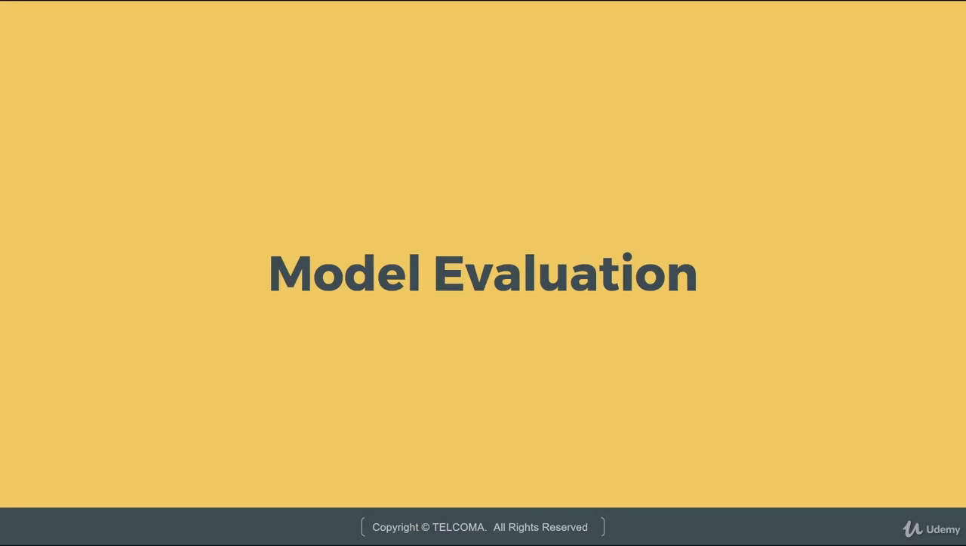So let's move on to model evaluation. Till this point of time, we have learned how to develop machine learning algorithms in Python. We have essentially missed out one point. How do we evaluate them? How do we understand the performance of a particular model, or how does one model perform in comparison